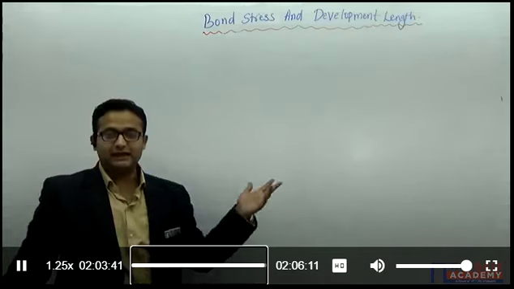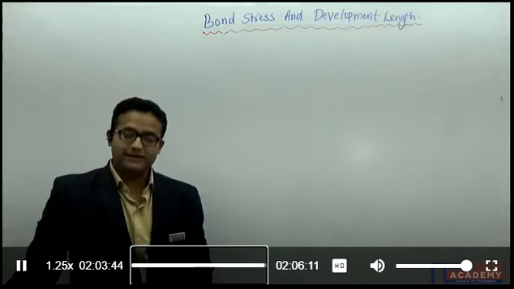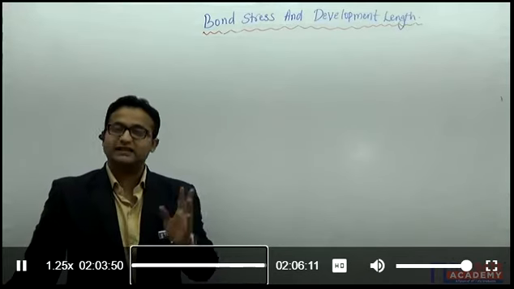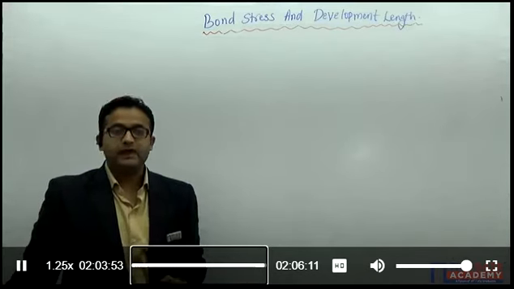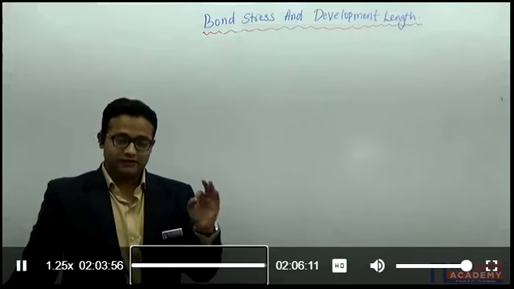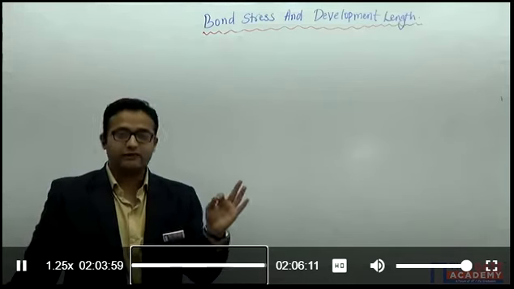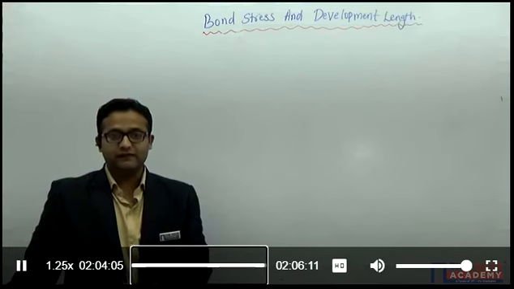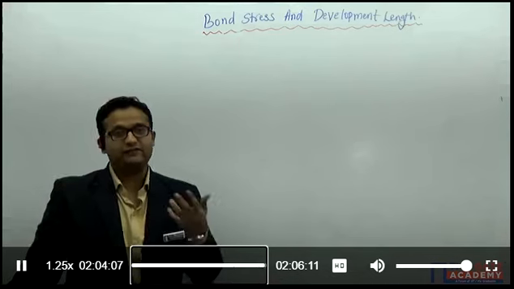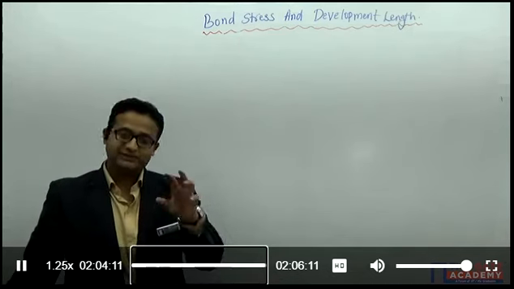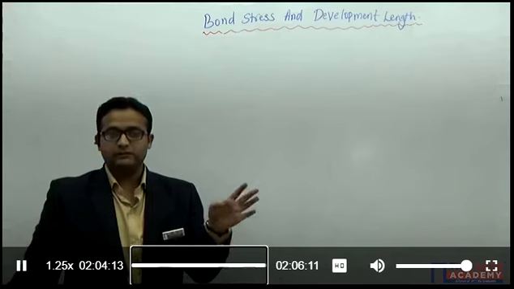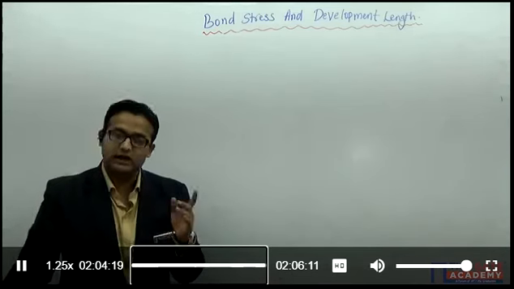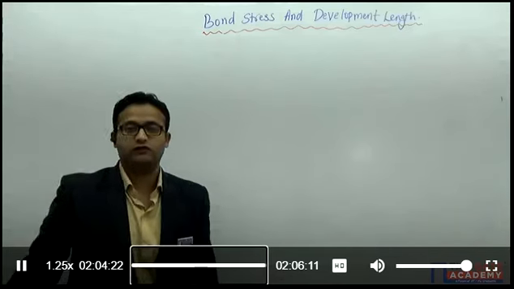While calculating development length, they have given deformed bars. So for deformed bars we can take Fe 500 also. If they are mentioning take Fe 500, then we will take it. Otherwise, normally we will be taking Fe 415. Actually, this is their limitation, or we can say their mistake. They should have given the grade of steel also. By telling only to consider HYSD, we can take Fe 415, we can take Fe 500. So first of all, we will try to take Fe 415 only, until and unless they have mentioned otherwise. If they are mentioning Fe 500, then we will consider Fe 500. Otherwise, for HYSD, we will consider Fe 415 only.